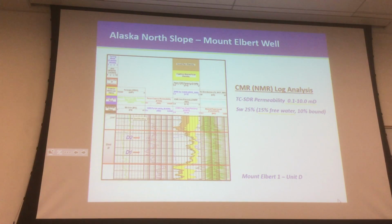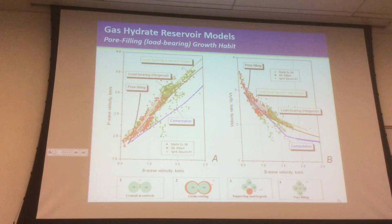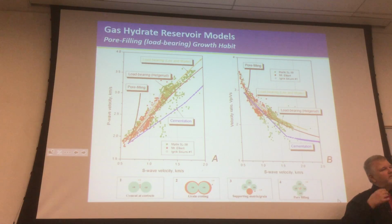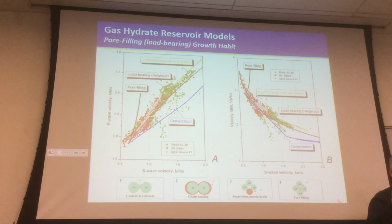So we were moving forward with that understanding of the system. Then we went back to the log data and looked at different models. This was a critical part. We're saying there's a mobile water. How did the hydrates occur in the porous media? Again, we have porosity, we have hydrates, and we have free water, we have bound water, we have other